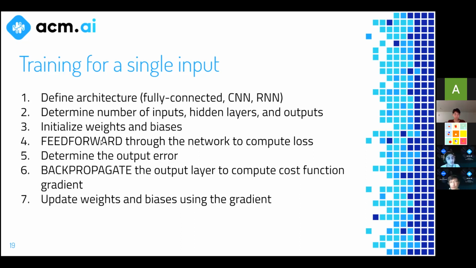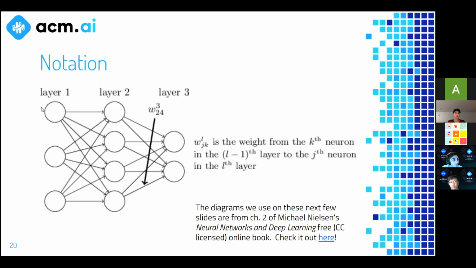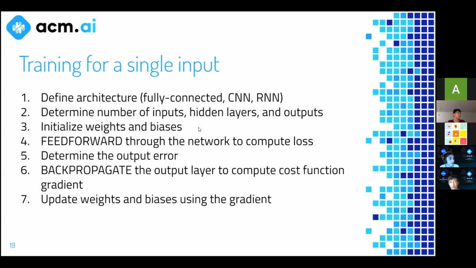Okay. Now this is where we get to the new stuff that we haven't talked about. So you see the two words in caps, feed forward and back propagate. We're going to be talking in detail about what both of these things are. So feeding forward means that basically you send the training example through your network, right? So you send the inputs into the first layer, you calculate all of these hidden layer values, and then that ultimately gives you the output. That gives you the prediction. So it's basically passing your training example into your network and seeing what it outputs, right? That's what feeding forward is.